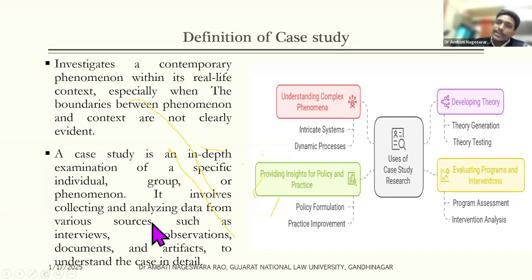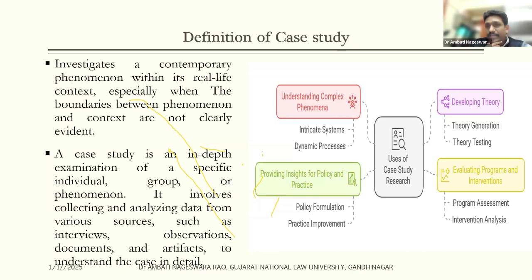Means, in addition to collecting the data from the individuals, you may also require to collect the data from secondary databases. For example, if I want to collect data from the social entrepreneurs, how they're able to get the success, how they're able to overcome their failures, it is going to be a very interesting, motivational case study. But in addition to understanding them from their lifestyle, I can also refer to their annual reports, what kind of impact they are creating.